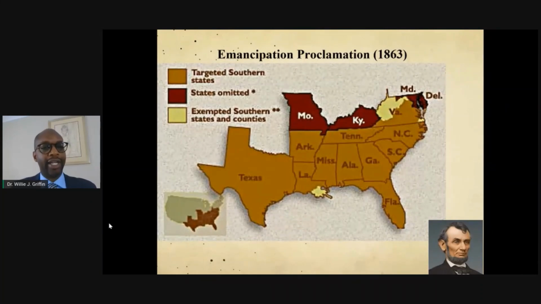On September 22nd, 1862, Lincoln said that in 100 days he would free all slaves in areas not then under Union control. So on January 1st, 1863, he named those 10 states in which the proclamation would apply. These states were considered the rebellious states. They included Texas, South Carolina, North Carolina, Georgia, Alabama, Mississippi, Arkansas, Virginia, Kentucky, and Louisiana. These states were still in rebellion against the United States in 1863.